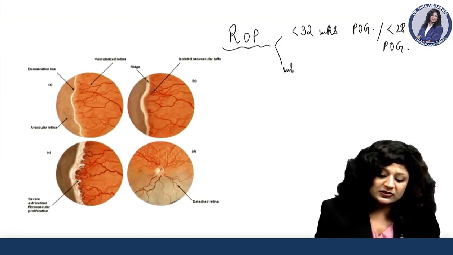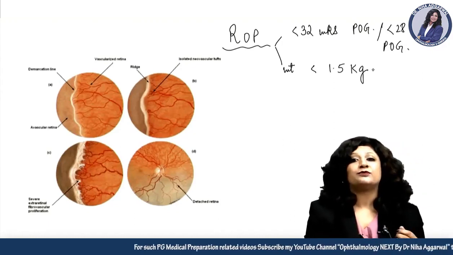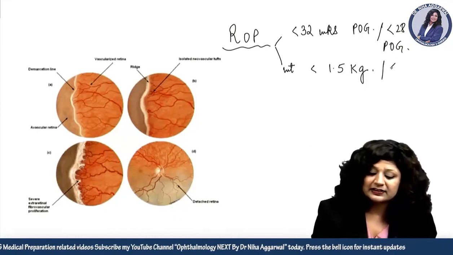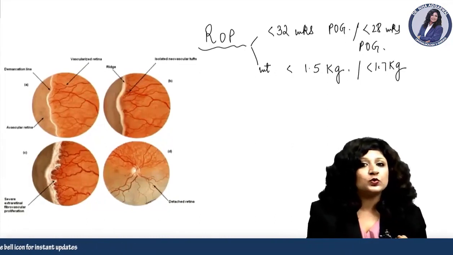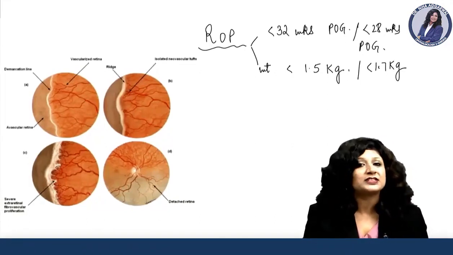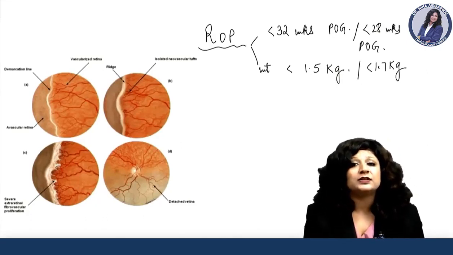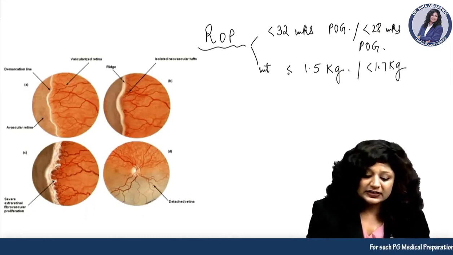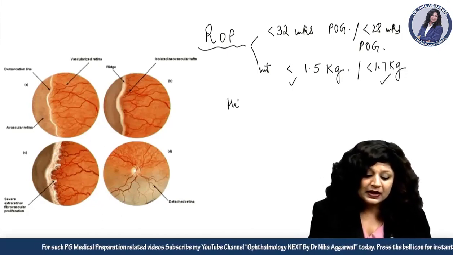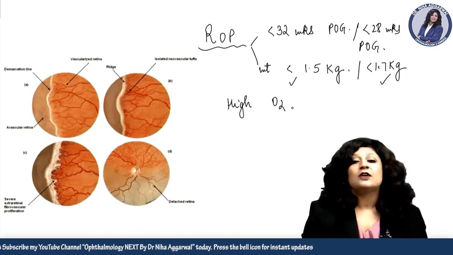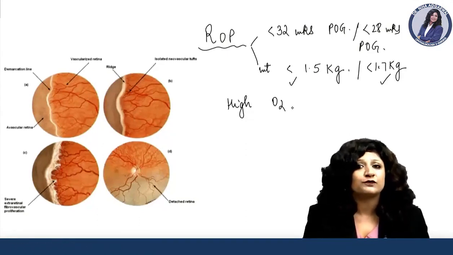And second is the weight less than 1.5 kg. If the weight is less than 1.5 kg, according to the newer criteria, it is less than 1.7 kg. So we can go with the original criteria as well as the new guidelines, less than 32 weeks period of gestation, or according to the new guidelines, less than 28 weeks period of gestation. Then second is the weight. Originally it was less than 1.5 and now it is less than 1.7 if they are exposed to the high concentration of oxygen. When all these babies are kept in the incubator and they are exposed to high concentration of oxygen,